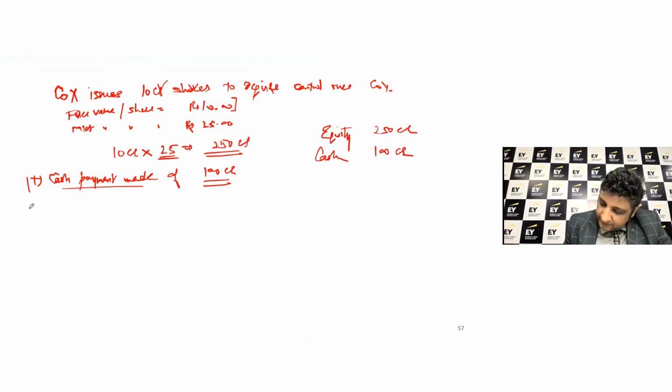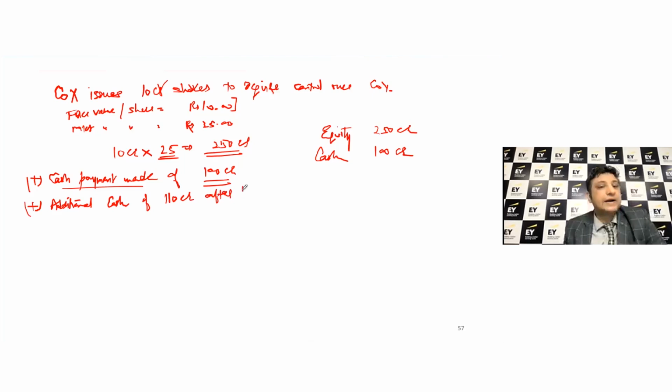Now, it could also be a further argument that you're going to pay additional cash of 110 crores after 1 year, right? You don't have cash immediately to be paid, but you eventually will be paying another 110 crores. Now, this is an example of course, a delayed payment, a deferred consideration. Okay. It's a delayed payment. So naturally, even that needs to be considered as a part of your purchase consideration, but at its fair value,